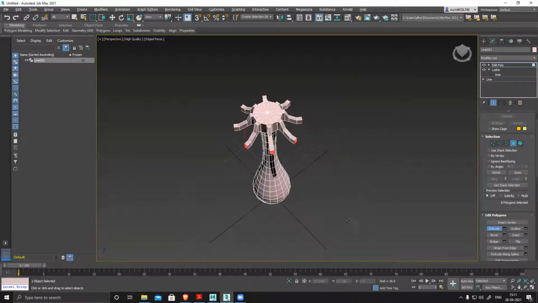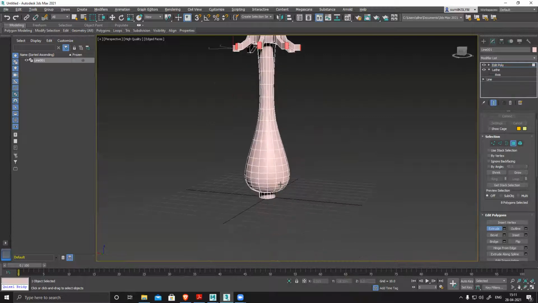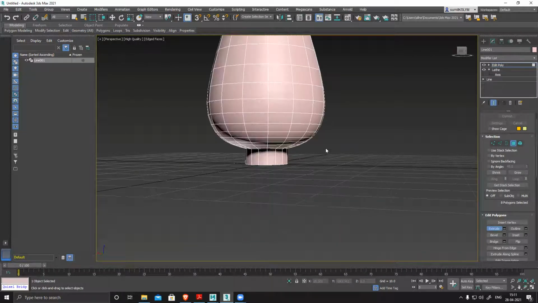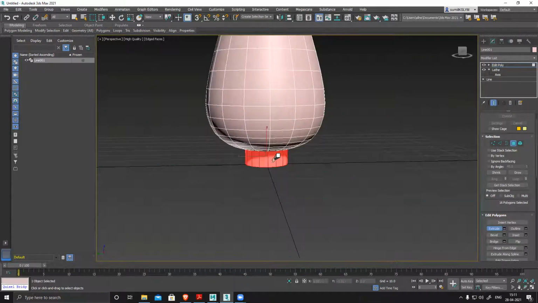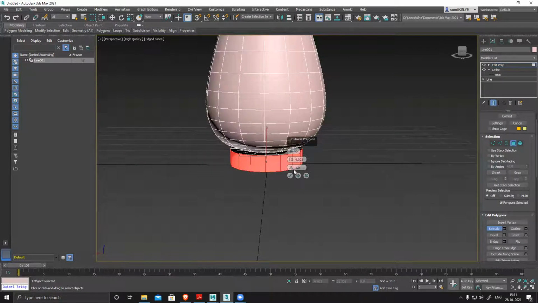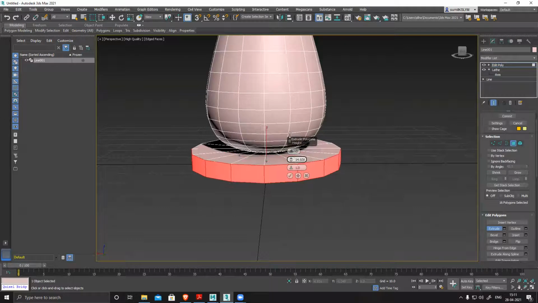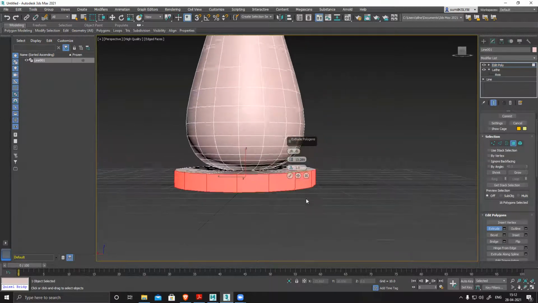I'm just creating some design randomly, just to make it a bit nicer. This base also can extrude and create some shape. You can see if I extrude like this, it reacts like this. So click on this and go to local normal direction. It will generate it like this, and then I can create this thing very easily.